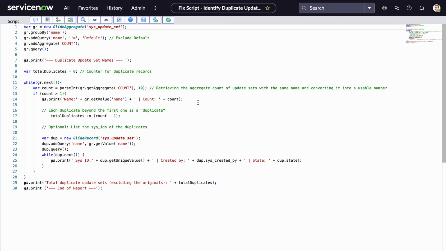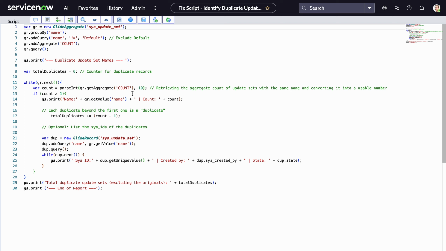So here we're grouping by name, because that's what we're targeting, update sets where the name is duplicated, and then also we're filtering out if the name is equal to default in line 3, and then we're adding that count aggregate to get the count of how many actual articles are duplicated. We've got a count in line 9 where we're just looking to count the total duplicates, because it would be really nice just at the end to see how many we've got, and then we do our